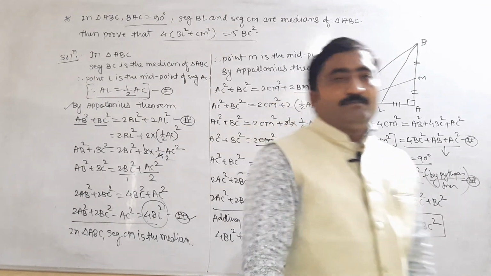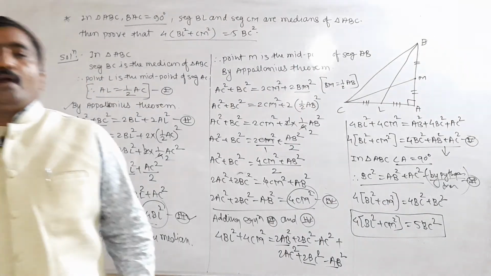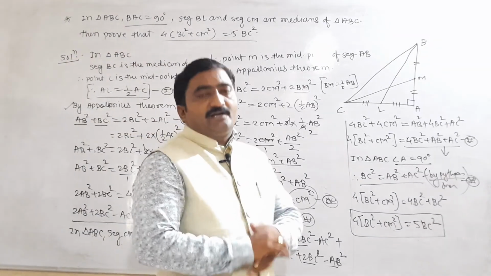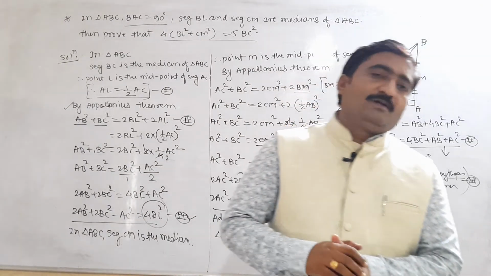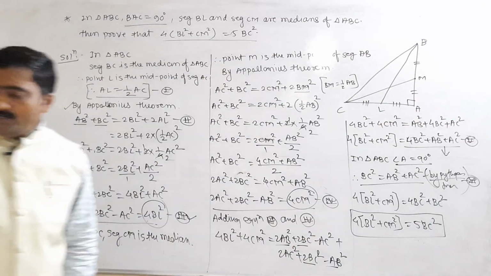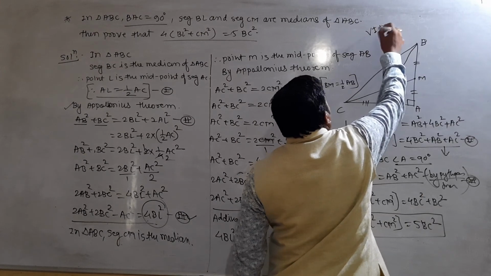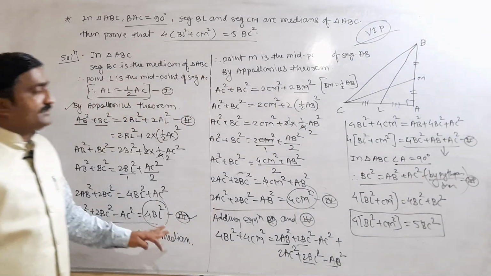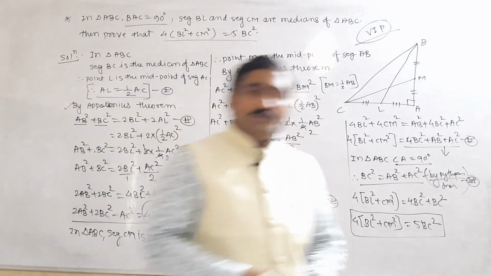These are some problems that depend on Pythagoras theorem or Apollonius theorem, or applications of Pythagoras theorem. So this is enough for today's lecture. Some remaining problems you have to solve at home. This is very essential, and remember that this problem is very important for your examination. This problem is asked in examinations for 4 marks. So remember the tips and how to solve this type of examples. So we shall stop here.